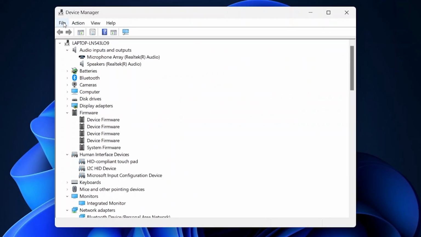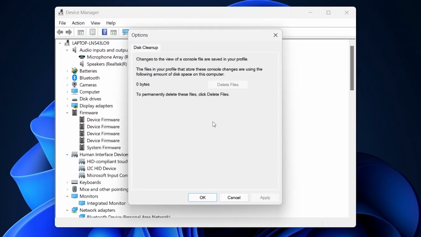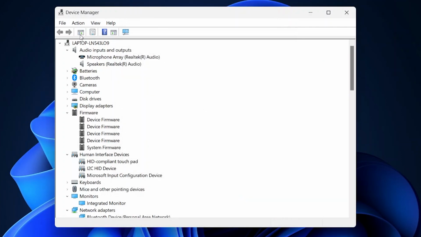Also you have file right here. You can go to options. You have disk cleanup as well. Disk cleanup, I've already made a video on that. If you haven't watched it, go see it. And you have the action tab as well. You have devices and printers. You can just go to your devices and printers